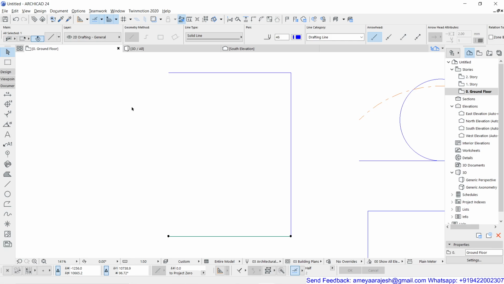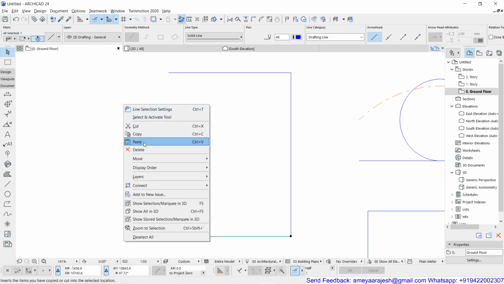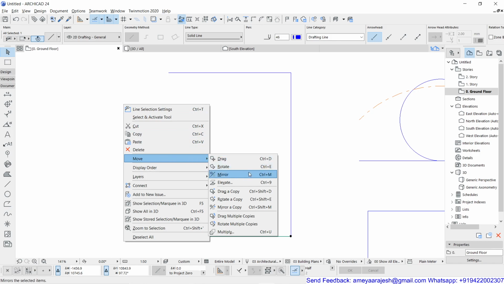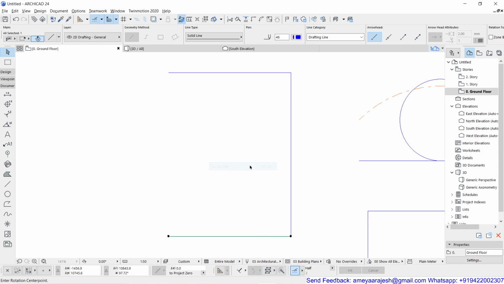So either you try to load it from the pull down menu, or otherwise the hotkey is the best option, or otherwise give a right click of your mouse to get the context menu. In the Move group, you will get the Rotate option. So right now I'll just go for the plain rotate. The moment you click on this rotate or press the hotkey, you will see your prompt: Enter rotate center point. Now I have to specify the center point of the rotation.